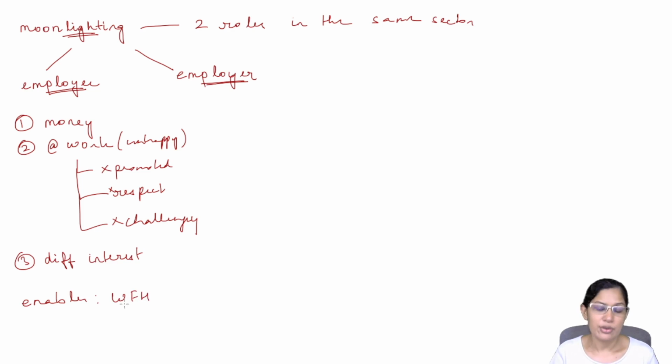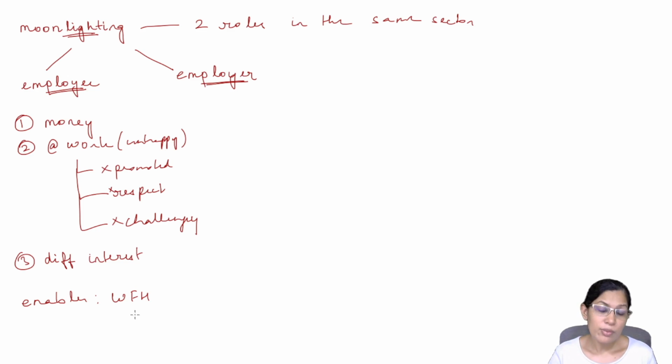the work from home scenario, right? Earlier, when everybody was going to the office and spending 8 to 10 hours in the office, it's very difficult for them to do anything other than maybe a side job for a few hours, right? So you can have someone like a teacher who's taking tuitions, or a techie who's maybe going home and doing a freelance project for 3 to 4 hours. You can't have it the way it's come out in the news now, where people are literally working for two companies full time, and there were articles where somebody was getting pension from more than two companies and so on.